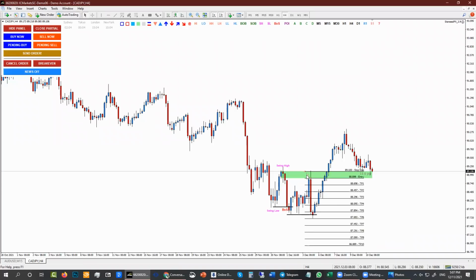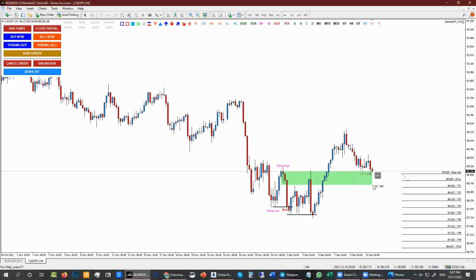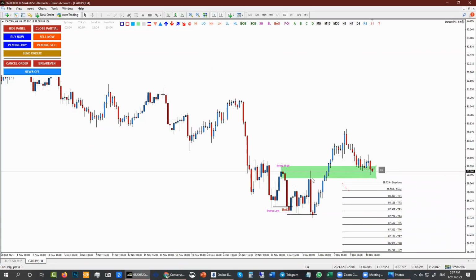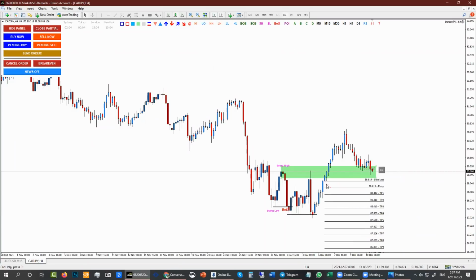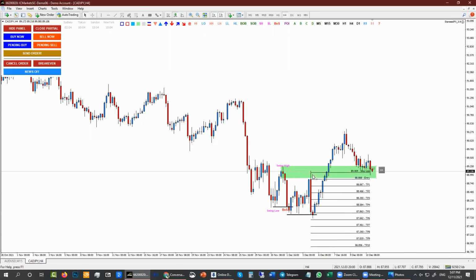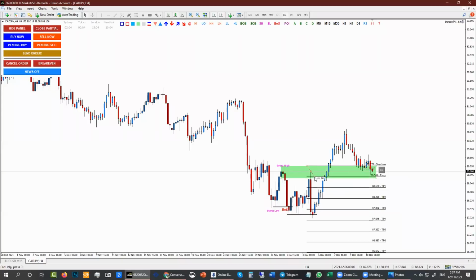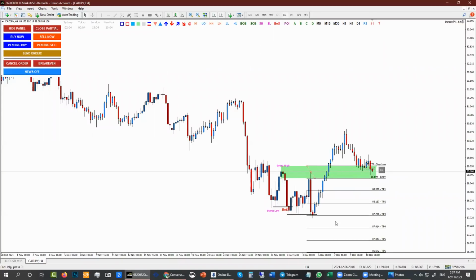It is just that simple. If you want to take a direct entry, imagine the order block is so big, or maybe you want to take it with the wick over there. By the time the price hits the order block, the price is not here yet. So you want to measure here, for example, this is your stop loss, this is take profit 3. I wouldn't take it as a direct entry.